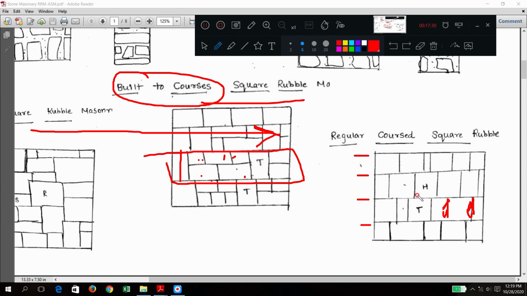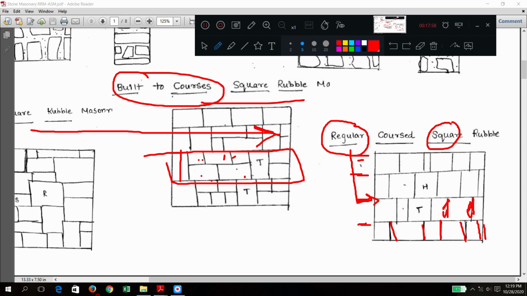But in this all courses are almost equal height, and in each course a similar height of stones is maintained, and these are also square. So similar height is maintained, so that is why the name given is regular coursed. Are you getting this point?